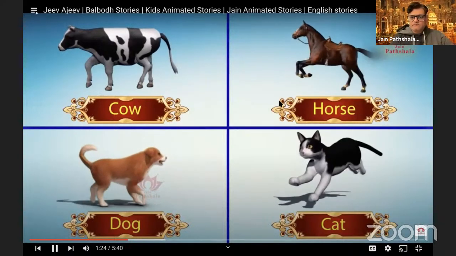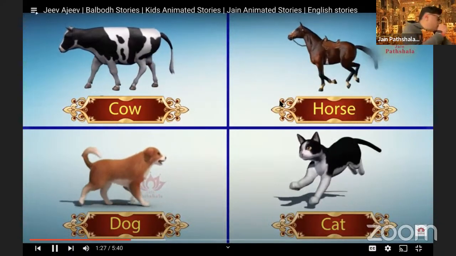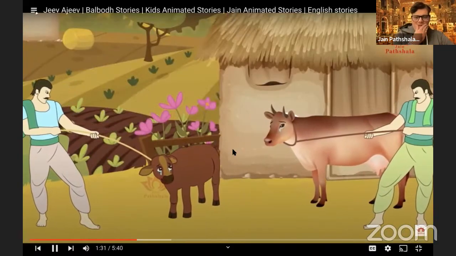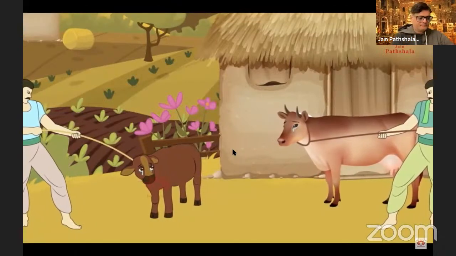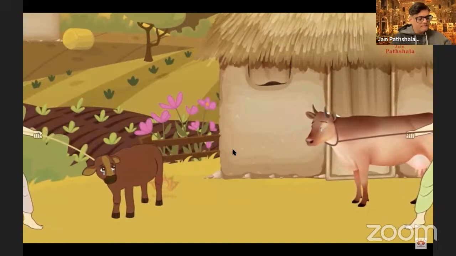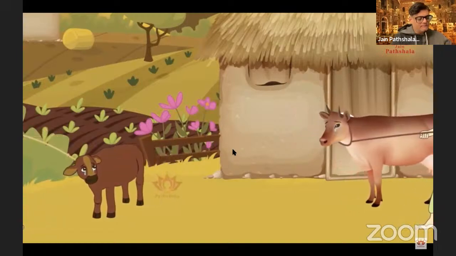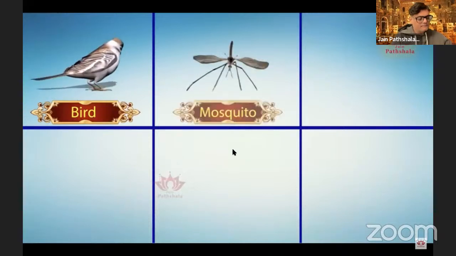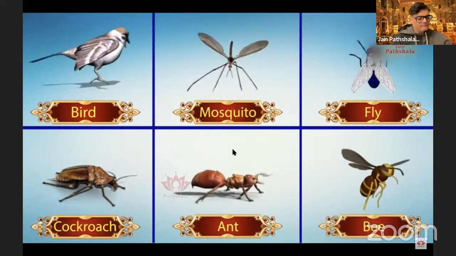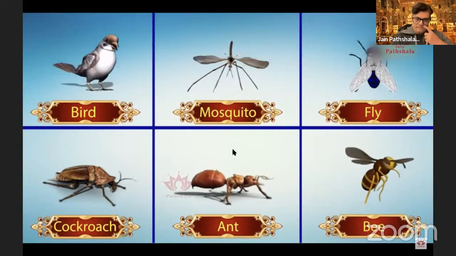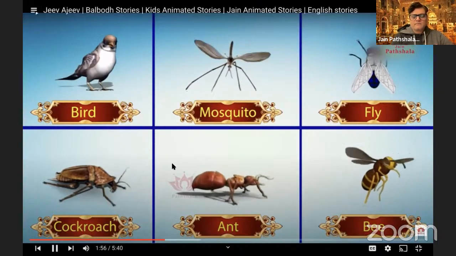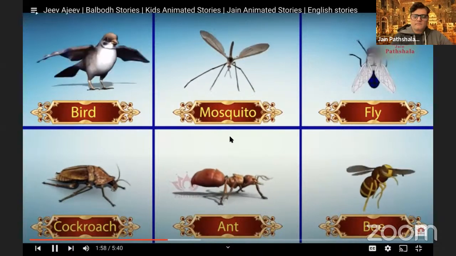They also use their eyes and ears to know and understand things. When the calf is taken away from the mother cow, then they feel sad. Hence, they are also Jeev, a living being. Now, look around and tell me, what are these birds, flies, cockroaches, ants, honeybees, or tiny creatures which are present all around us? Oh yes, even these tiny creatures are living beings. That is Jeev. Let us see how.